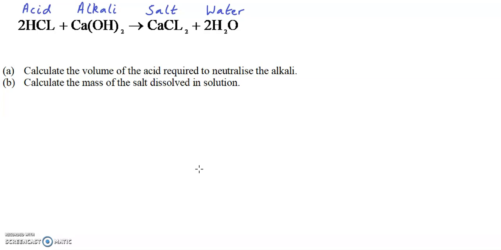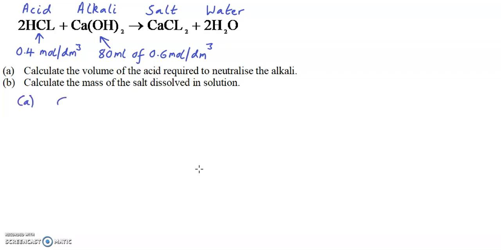So in this reaction we have the concentration of the acid as 0.4 moles per decimeter cubed, and for the alkali there is 80 milliliters of concentration 0.6 moles per decimeter cubed. So for part A,